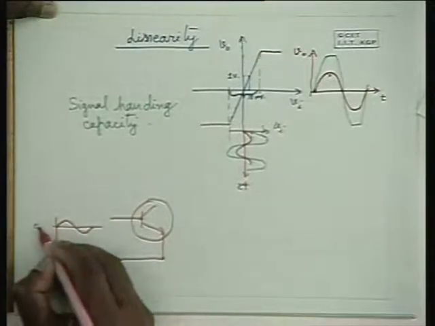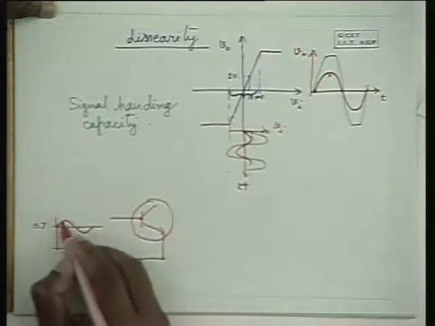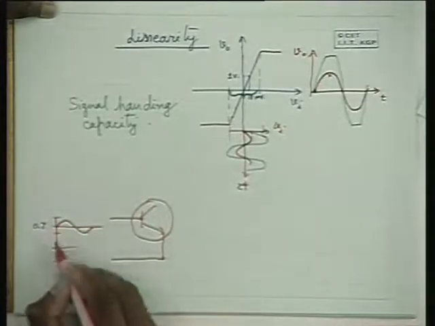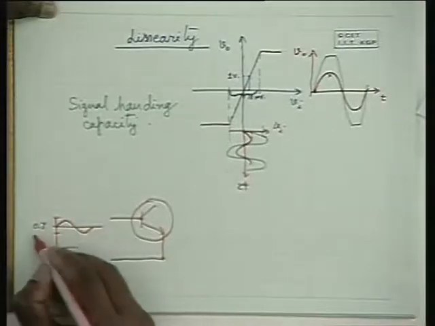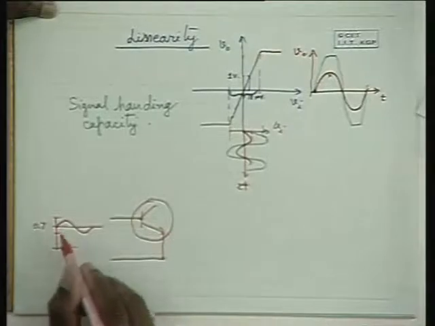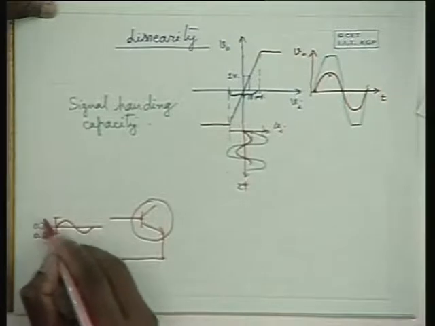In the previous example, we took the DC component as 0.7 volts at the base, and with 50 millivolts of signal added to it, its base to emitter potential will vary between 0.65 to